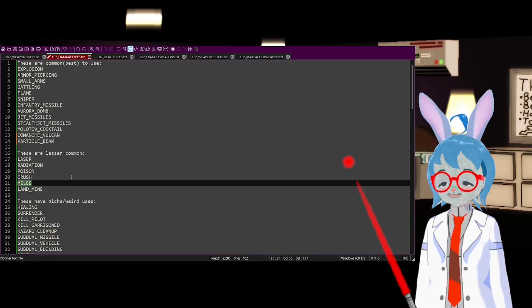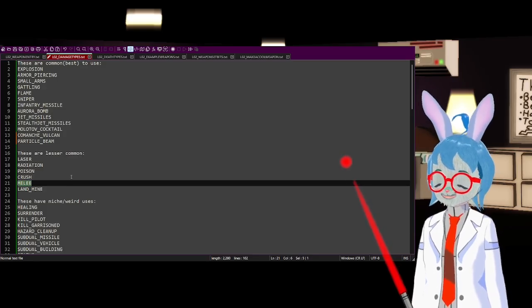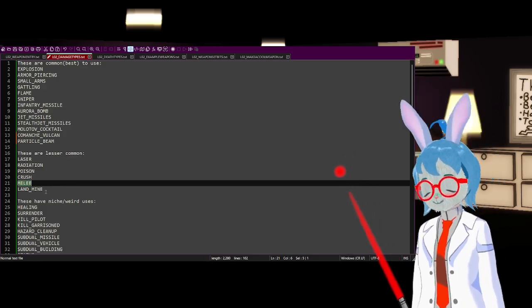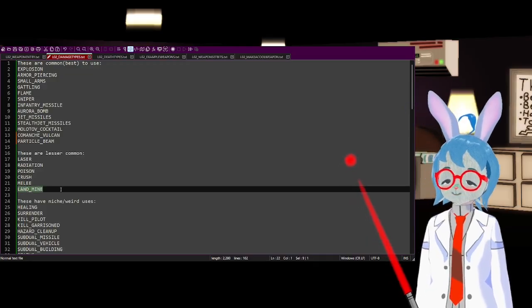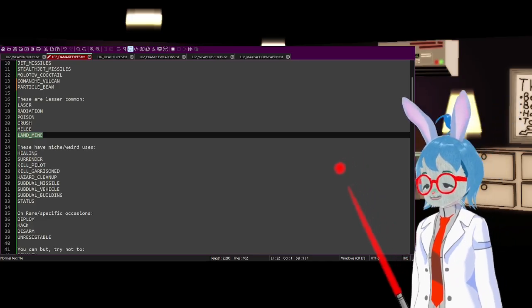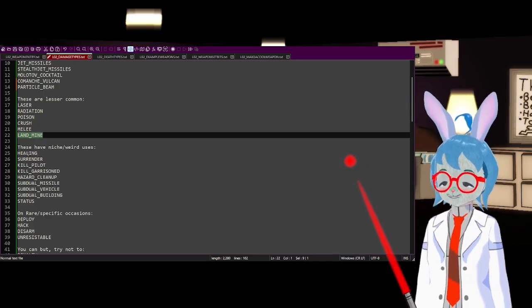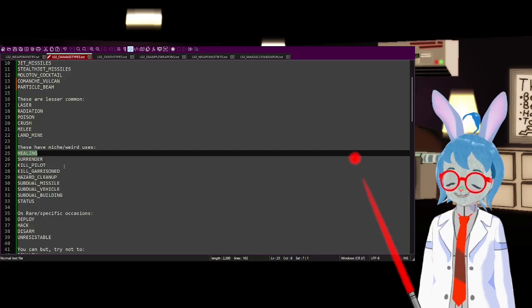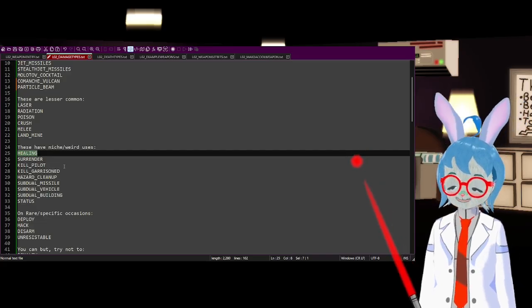There's melee. Colonel Burton's knife attack is melee. Landmine, Chinese mines. I've been having this cough lately, but anyway, there's some niche weird ones like healing, and this one is interesting because